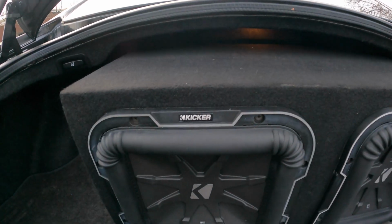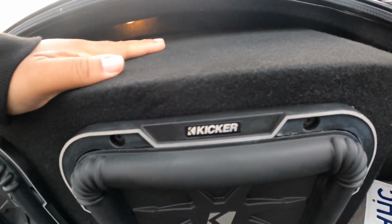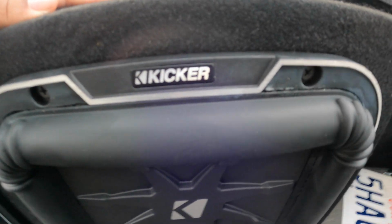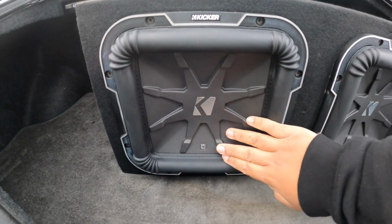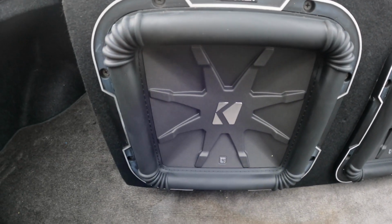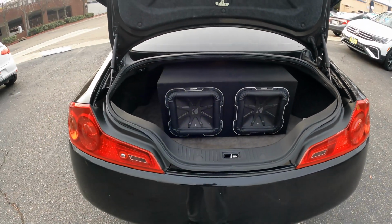It looks very clean back here, to be honest. Looks real clean. Don't see no wires, which is a good thing. Yeah, it looks very clean back here. I'm not even gonna lie, they did a good job. As y'all can see, man, the little tins, the baby speakers. But hey, don't let it fool you. These things clap, man. I ain't gonna lie. Look at the little tins though, in a